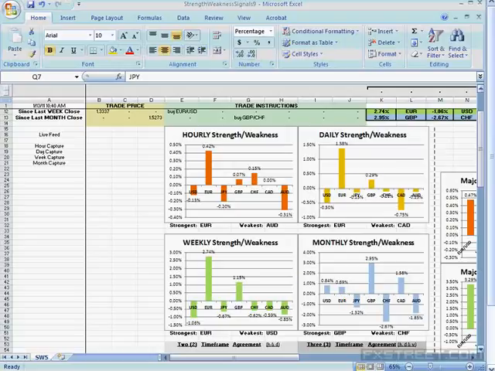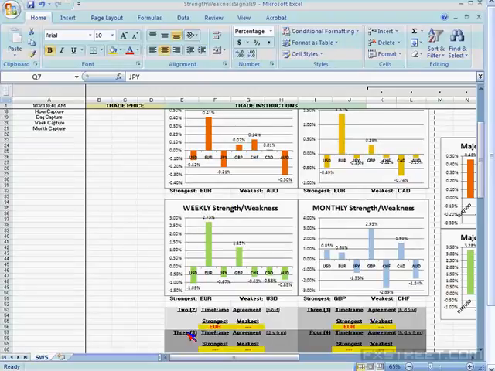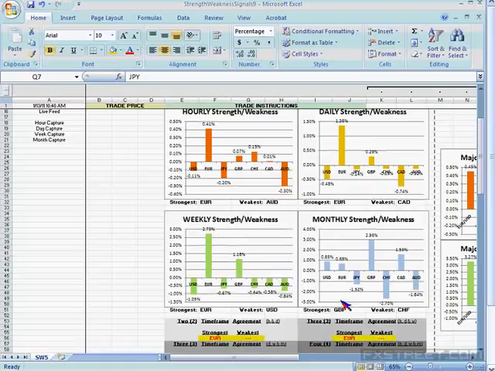Now, if you move down a little bit, you can see here, underneath these 4 graphs, I have time frame agreement. Now, this is what I'm talking about in terms of the signals. So I have 2 time frame agreement, which is basically the hourly and the daily. If the hourly and the daily are agreeing that the euro is the strongest, then I'm going to have a signal here in red. Okay, and if 3 time frames are agreeing, let's say the hourly, the daily, and the weekly, in this case, there's agreement that one currency is the strongest or weakest, then I have that right here.